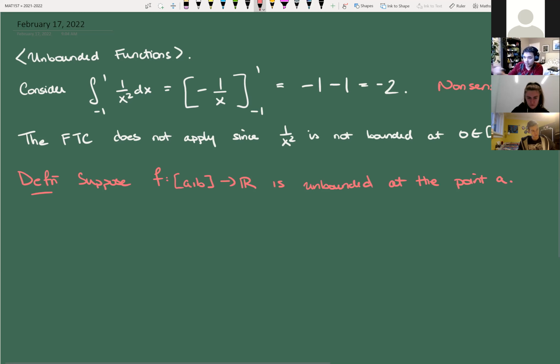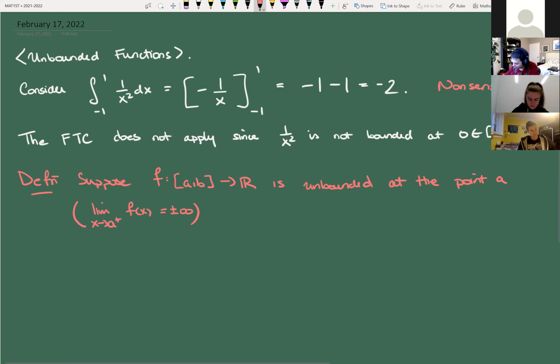I'm just going to say the limit as x approaches A from the right is equal to either plus or minus infinity,